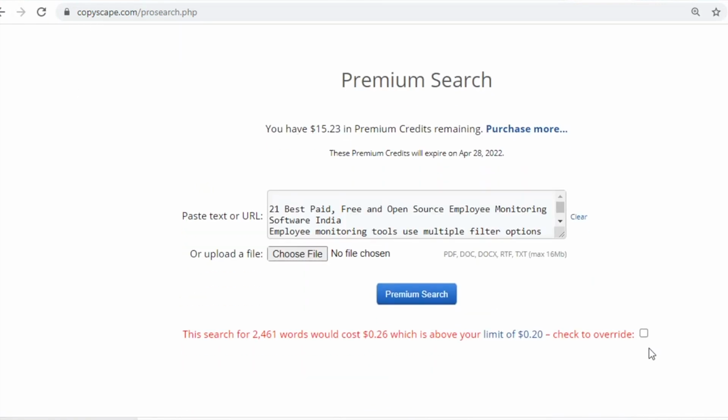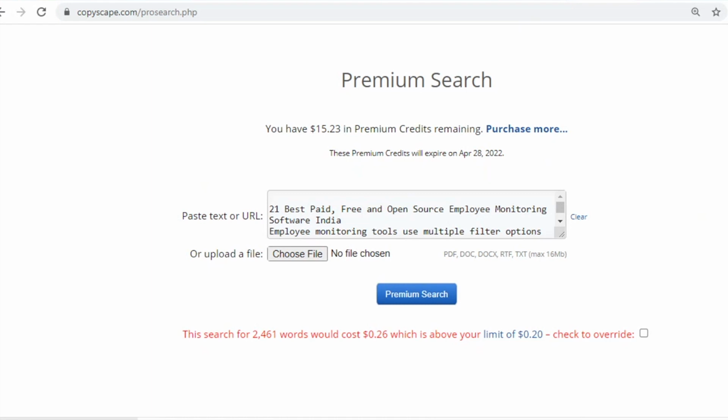Copyscape is not showing the result because I just added $20 and the word limit has been exceeded. For that, I would need to add more credits. But instead of adding more credits, I will break this content into two parts. Ideally, your content should be less than 2000 words in one go.